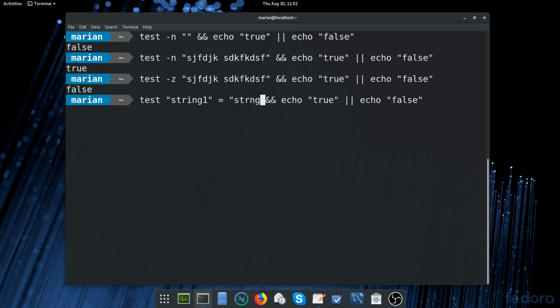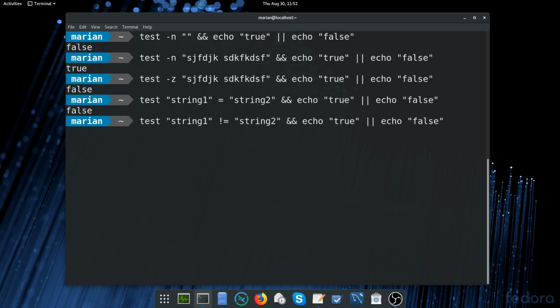Next, if string 1 is not equal to string 2, so exclamation mark equal, or bang equal, it says true because the strings are not equal. And now for the interesting part. If you try doing this to check if the first string is less than the second string, lexicographically speaking, or alphabetically speaking,